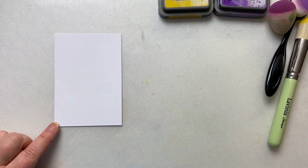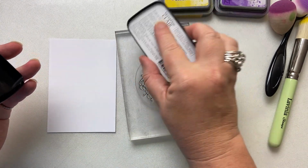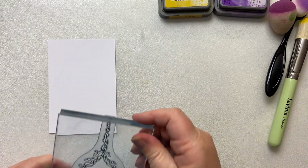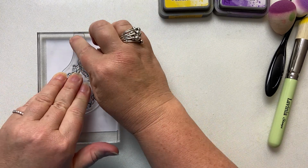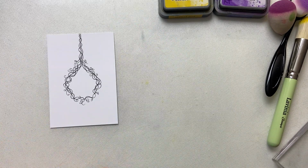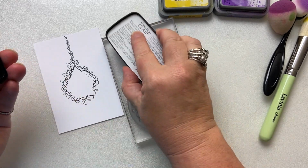And the very first thing we're going to do is we're going to take our medium swing and we're going to ink it up with Nocturne. This is a really lovely, delicate little stamp. And I'm just going to pop it with a tiny bit of the hanging bit off the edge, so you've got a nice bit of base underneath here. And then I'm going to take my large swing and do the same, ink it up,